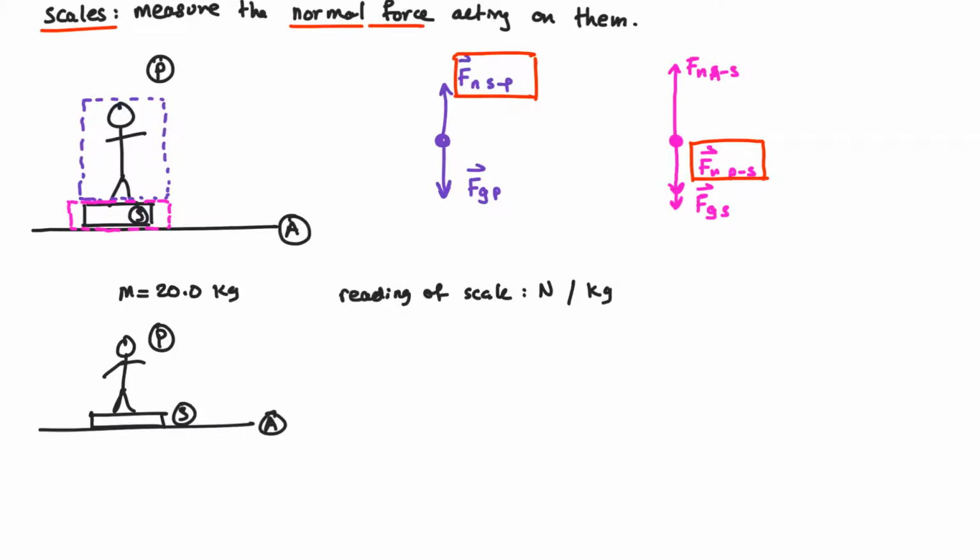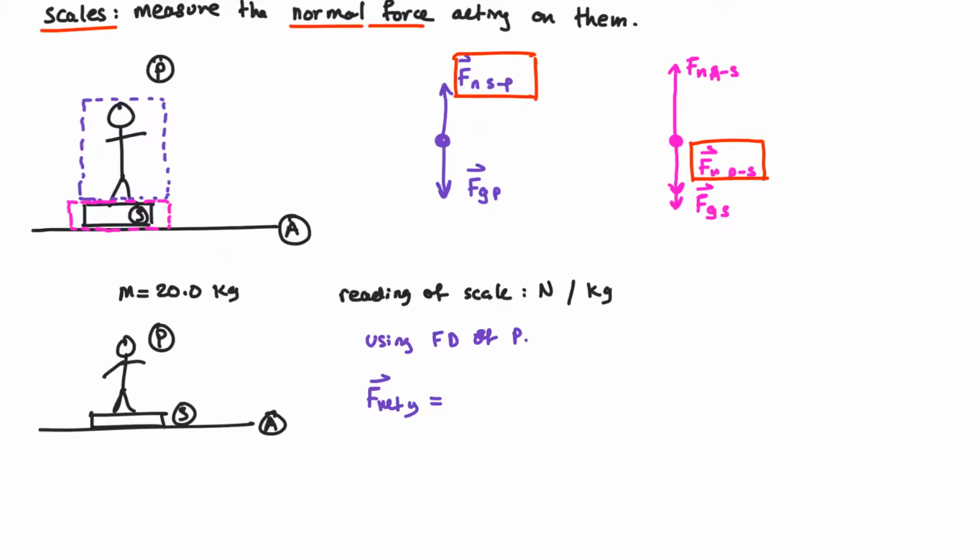And we also don't have any information about the mass of the scale, and we can't find the gravitational force acting on the scale, but we do have the gravitational force acting on the person because we have their mass. And therefore, let's use this force diagram. So using a force diagram of the person, or the system being the person,